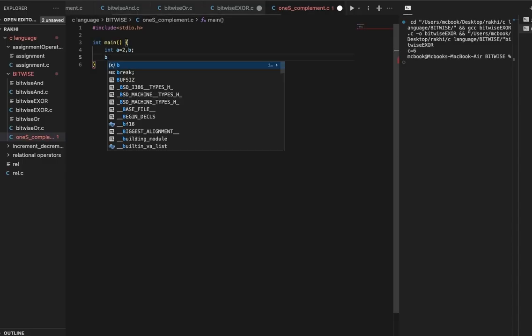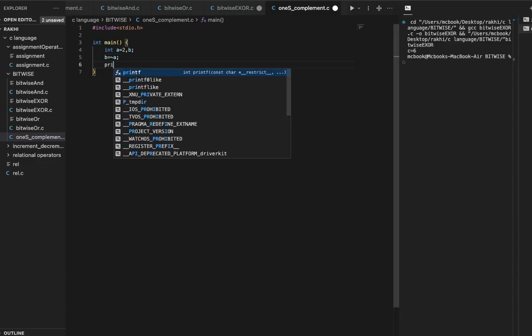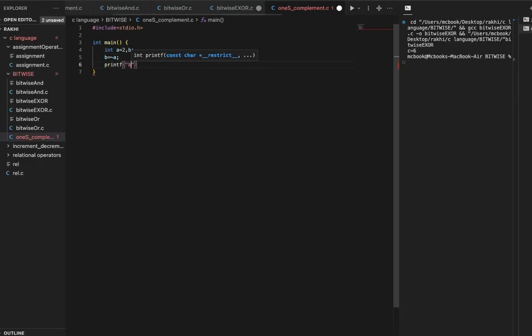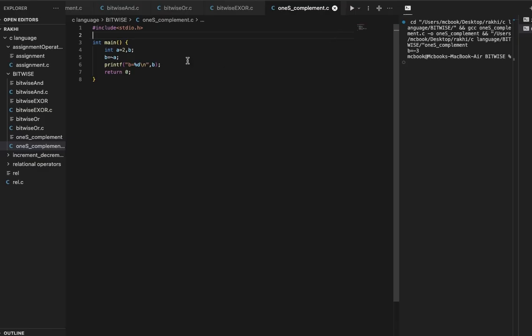You can see, b is equal to the complement symbol, which looks like a wave, tilde, of a. Then print the value at the last, and return 0 because we take an integer value, that's why return 0.